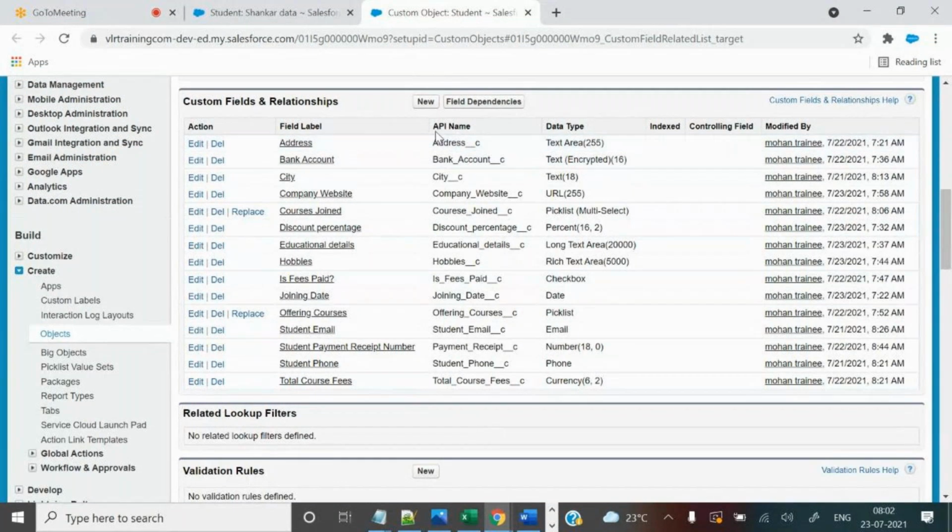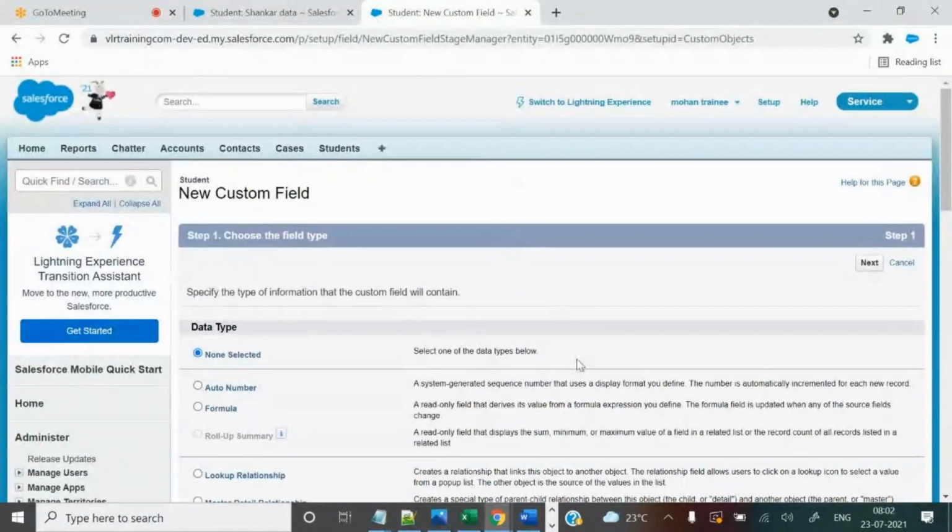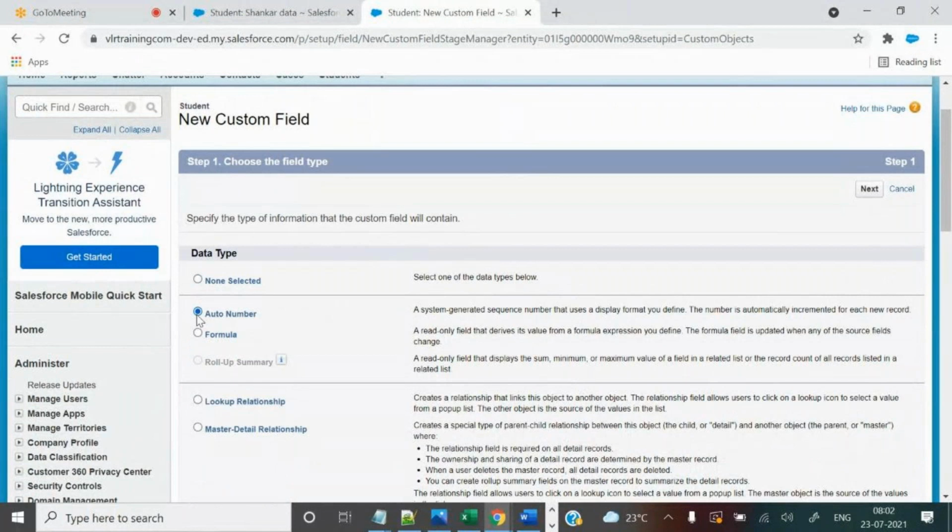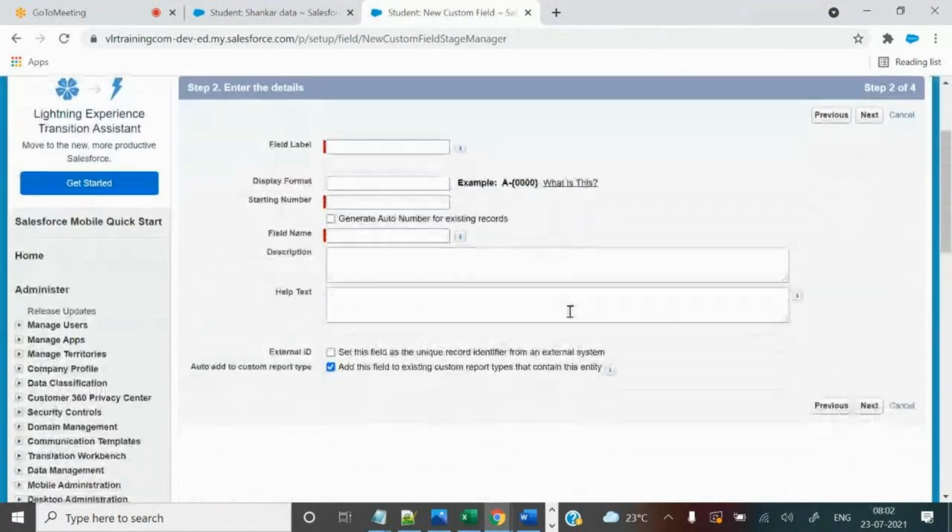Okay, click on the new button. Now let's create an auto number field. Click on the next button, and now you can see over here. What is the field? Student roll number.